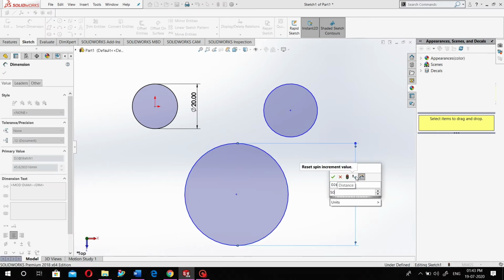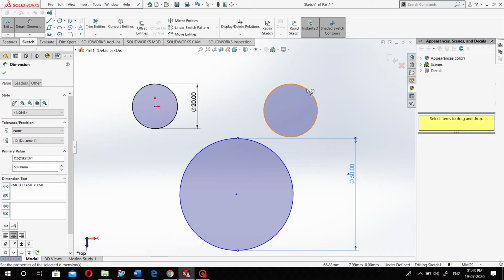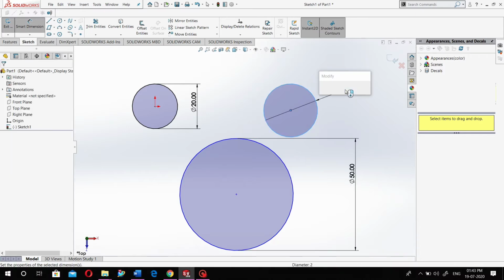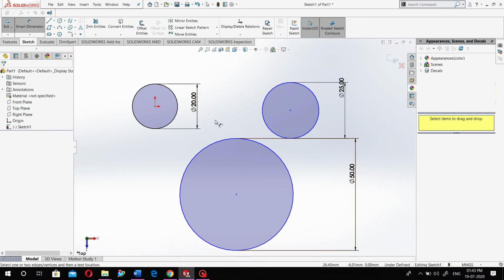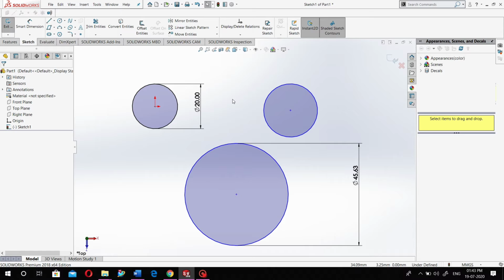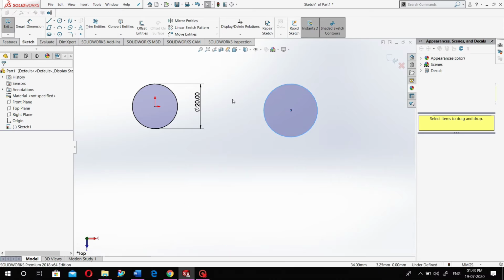Give a dimension of 50, then a dimension of 25. So in the same way you are able to make all the circles. Now the circles are not fully defined, so you have to give the dimensions accordingly to make these circles fully defined. Now you can press Ctrl Z if you want to go back.